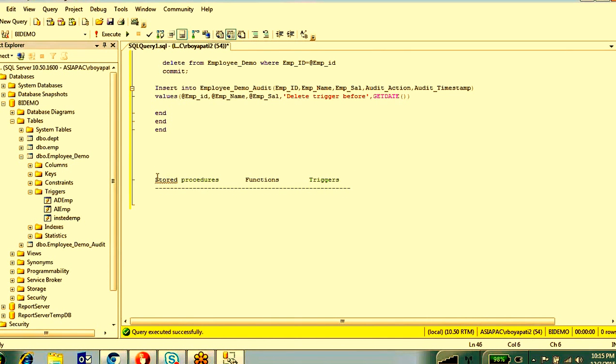A stored procedure may or may not return a value. In a stored procedure, you can write the insert statement also, and the select statement also. If you put a select statement, it will return the data. But a function should return a value. It should return the value.